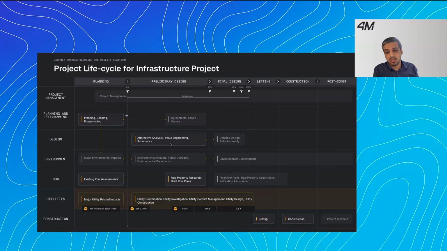hidden, right? So the way I term it, there are two major unknowns. One is utilities, and another one is geological, like soil conditions. Those two can have severe impact on how your risks are addressed and how much budget you have allocated for the risks, and so on and so forth. So here are different stages of the infrastructure lifecycle. Here are different groups that deal with it. In this particular webinar, we will focus on utilities and how utility coordination, utility conflict management, and utility design